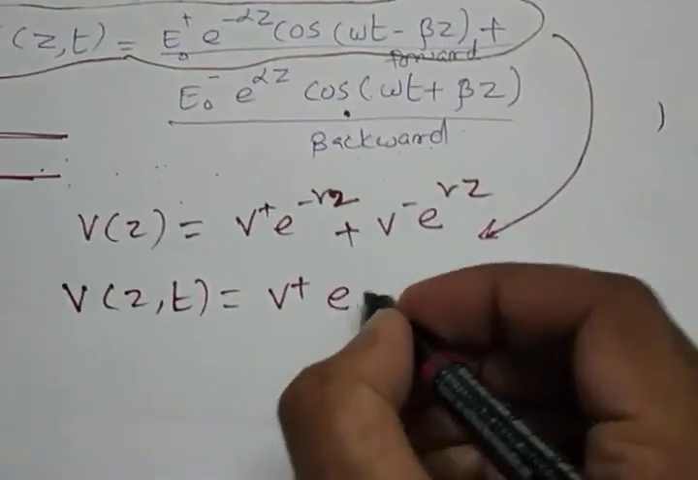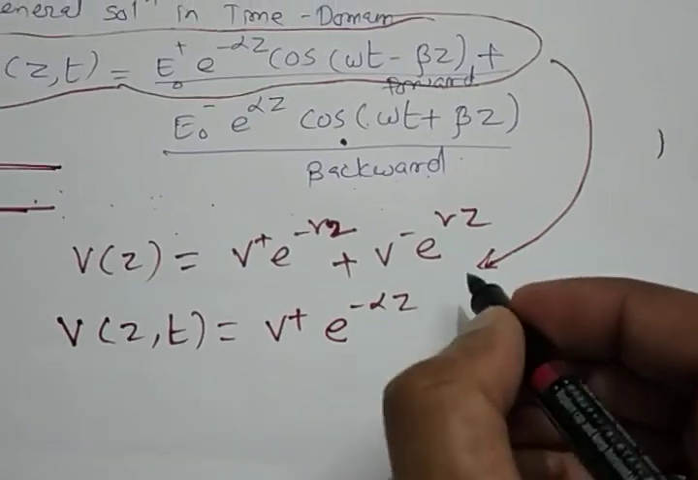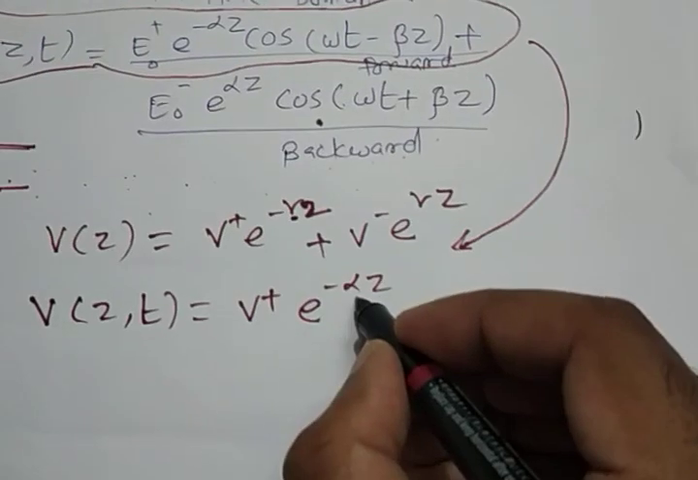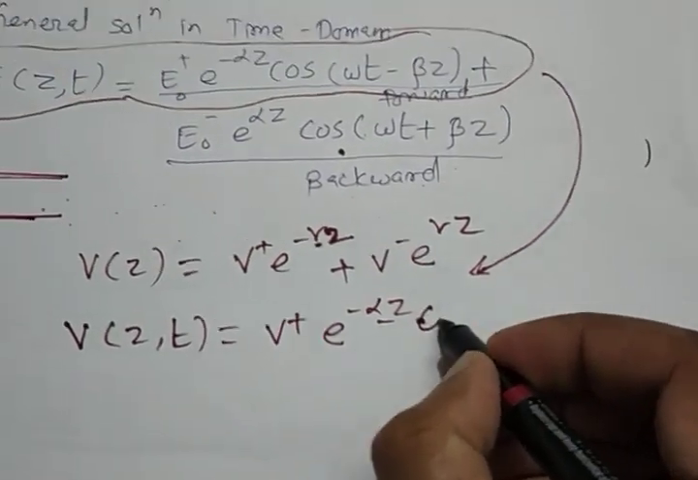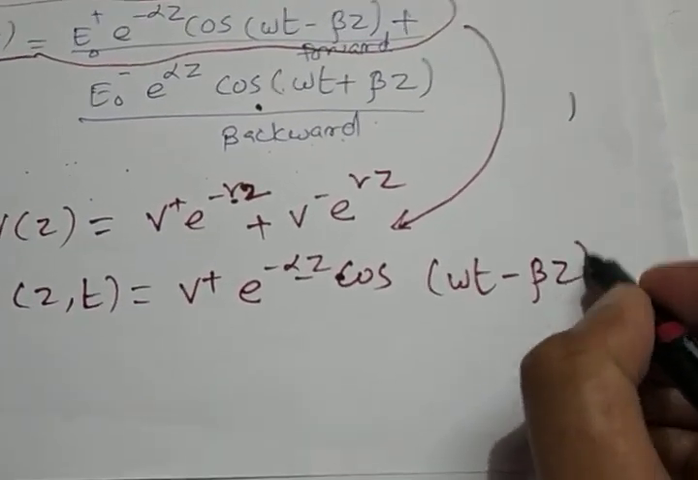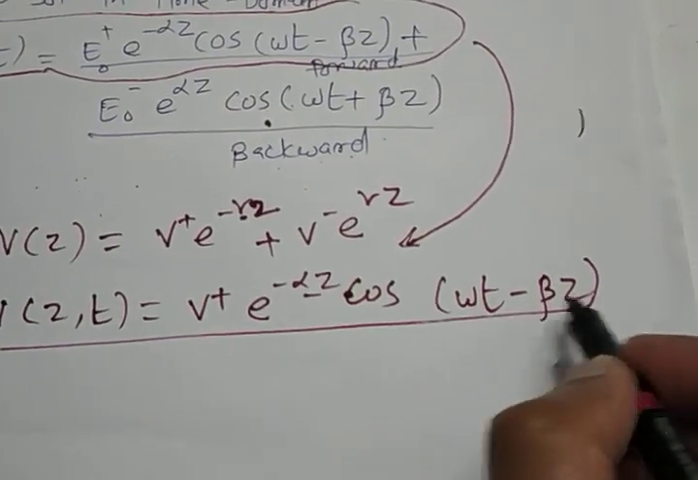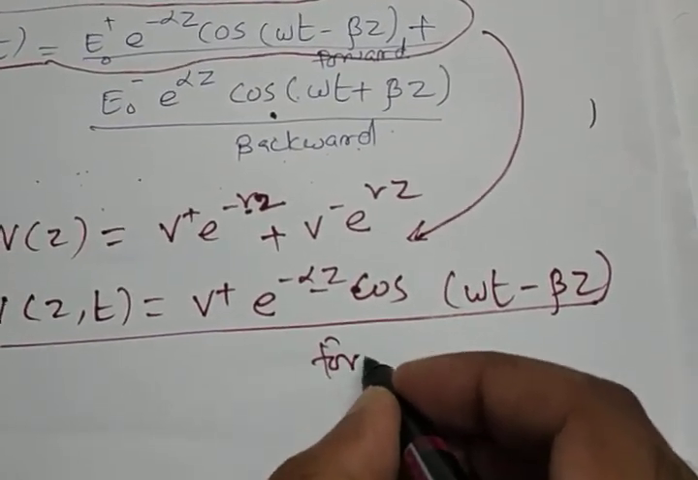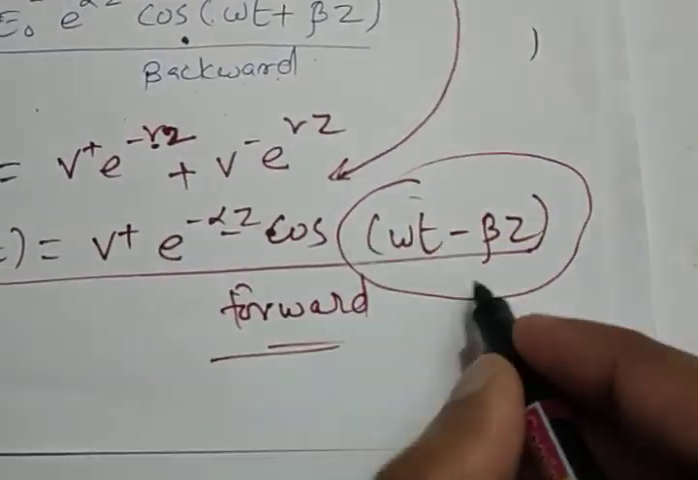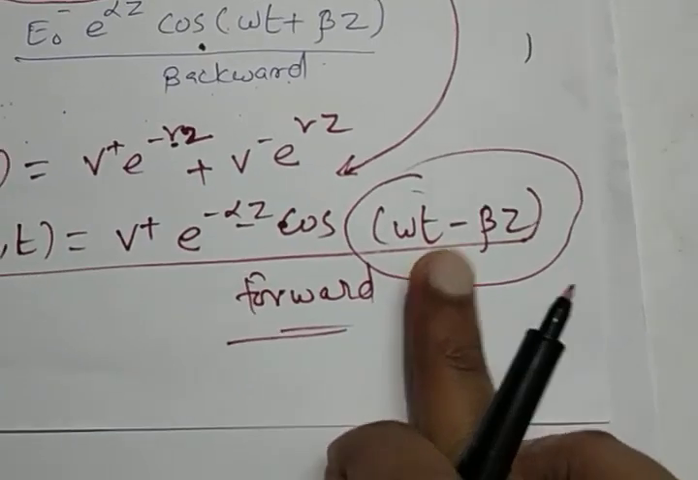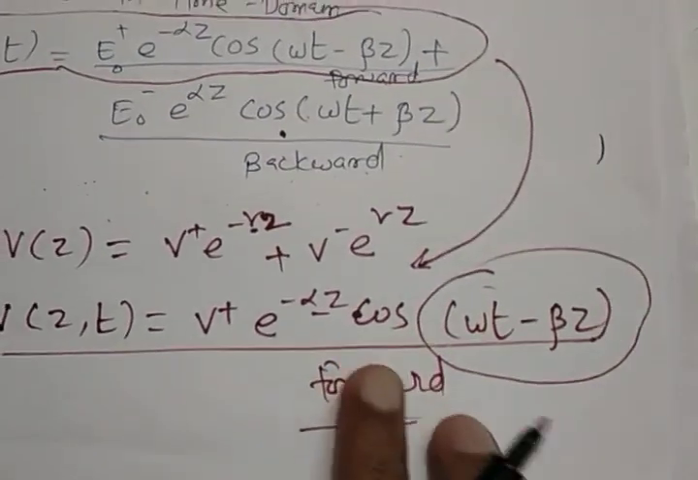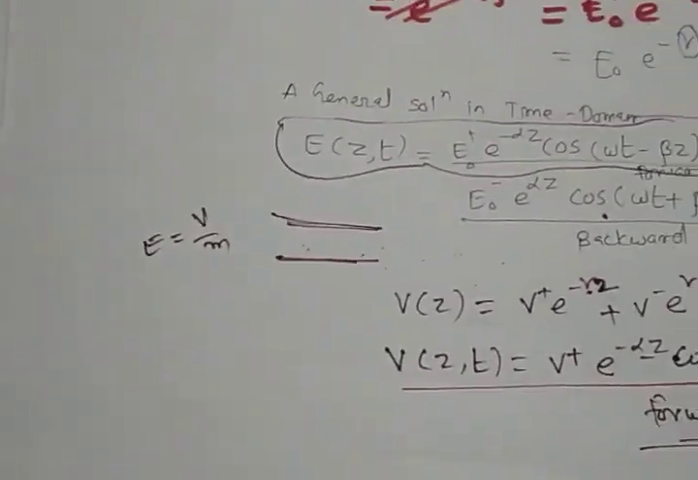So for V, if we take the time domain, V z of t, it will become V plus e to the power minus alpha z. We can split this gamma into alpha and beta, e to the power minus alpha z cos omega t minus beta z. So this one is for forward. Let us see physically for this particular omega t minus beta z for forward wave, and for different timestamps we can see what this expression is. So we will take the real part of this expression. What we will get,